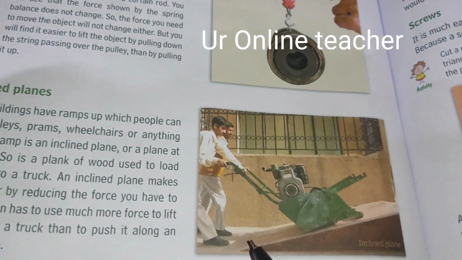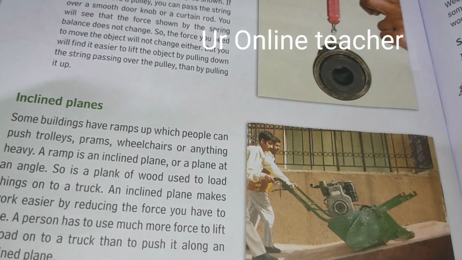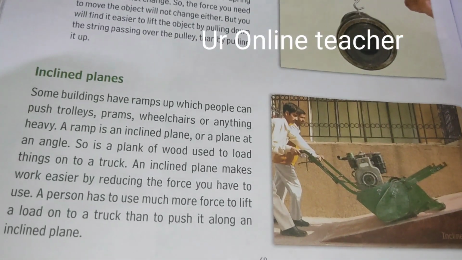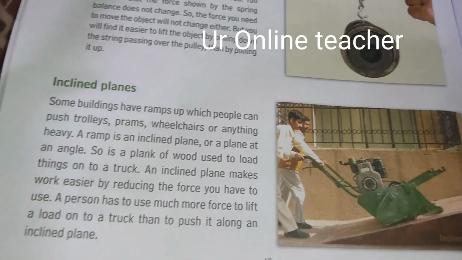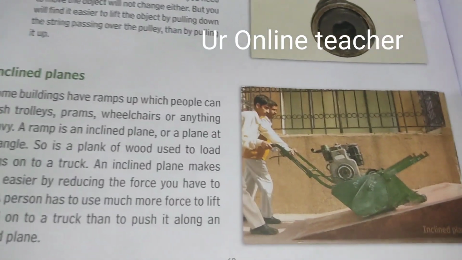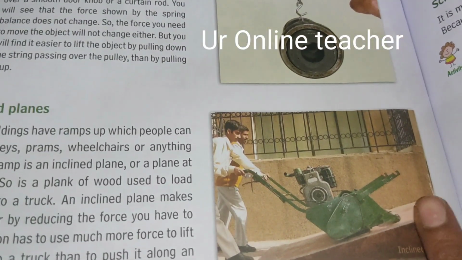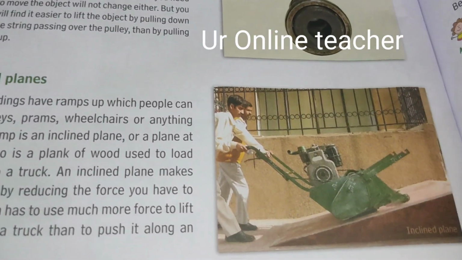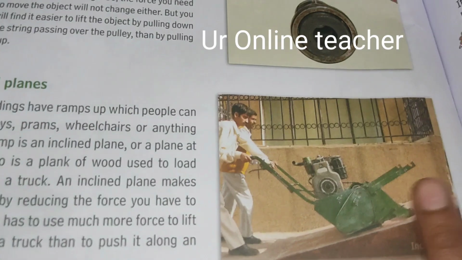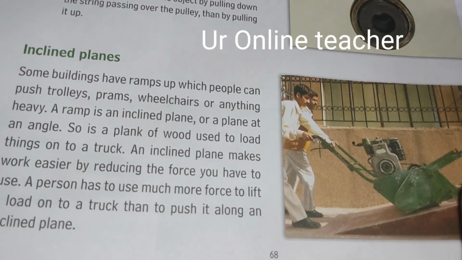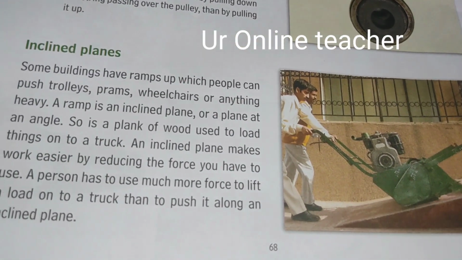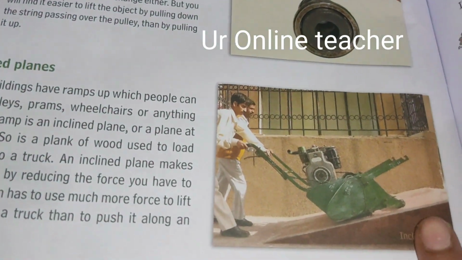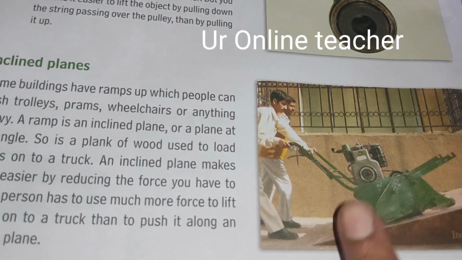Then the inclined plane. Some buildings have ramps up which you can push trolleys, prams, wheelchairs or anything heavy. Whatever the heavy thing is, if you want to push it straight up, it is difficult. If it is inclined, it will just roll easily. A ramp is an inclined plane, or a plane at an angle. So a plank of wood is used to load